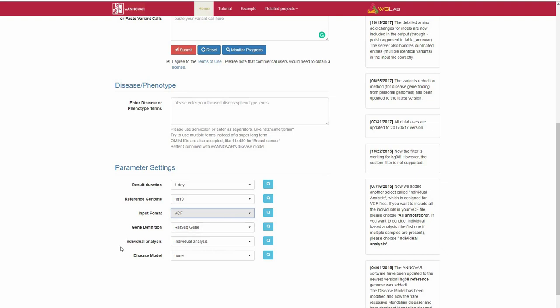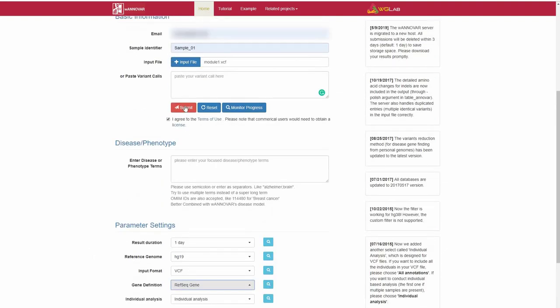The gene definition file can be set to RefSeq gene. However, you may use other gene definitions for a more comprehensive annotation. All other parameters will be set to default, and finally click the Submit button.